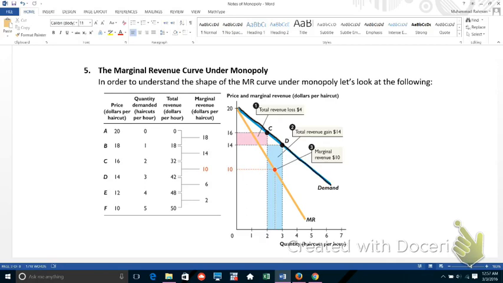And when the market price was 16, our monopolist was selling 2 units. When the market price went down to 14, our monopolist is able to sell 3 units. Now we should see something happening in terms of the trade-off our monopolist faces. When the monopolist is reducing the price from 16 to 14, our monopolist is losing part of the revenue that